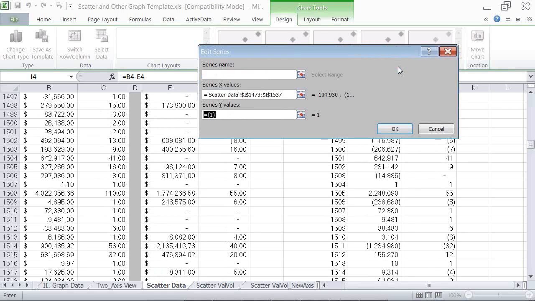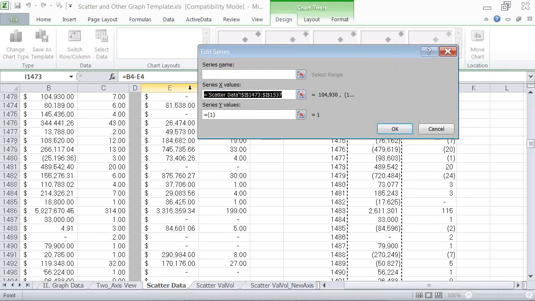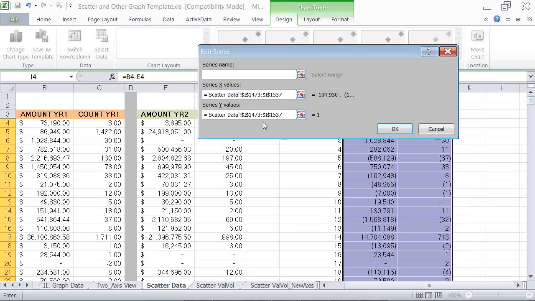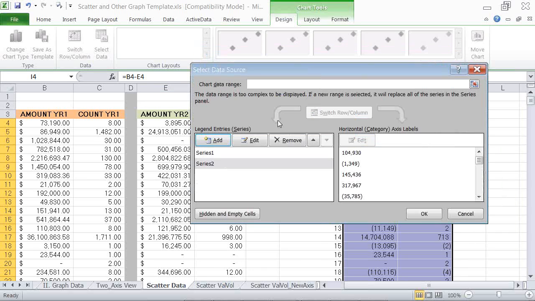Probably the easiest thing to do is to copy this down here and move it over by 1 column, so instead of it being I, it would be J in this case.